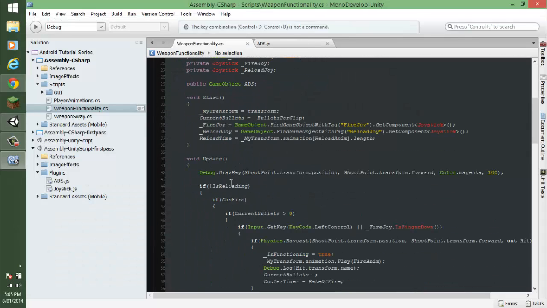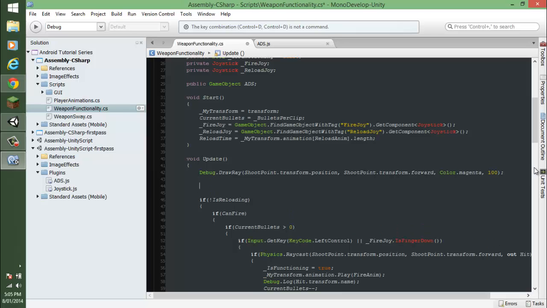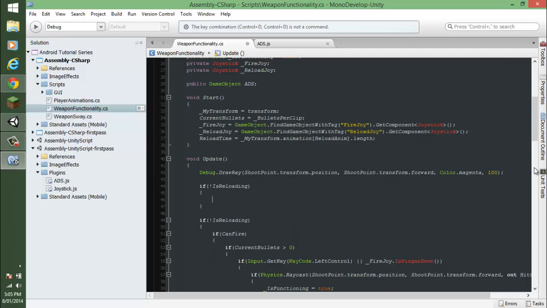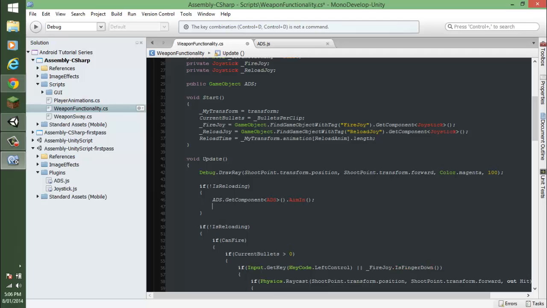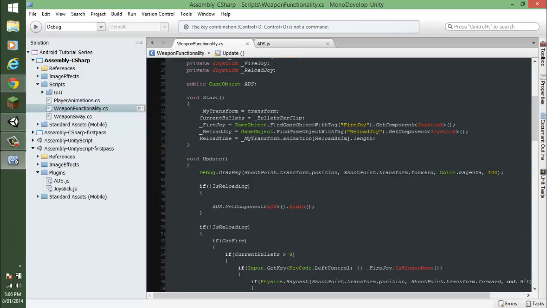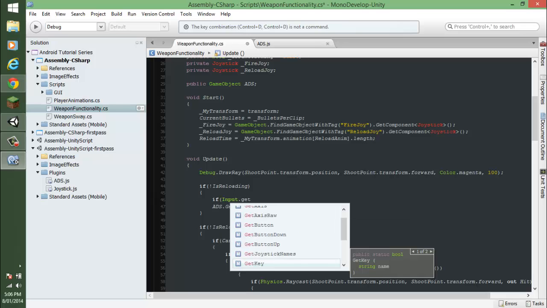So now here, we're just going to do this for PC for now. And I want to go if not is reloading, I want to go ads.get component. This is just for now, for proof of concept. We're going to want to get ads dot and then aim in. Shh, dog's just about to bark. I'll pause the recording if he starts. If input dot get mouse